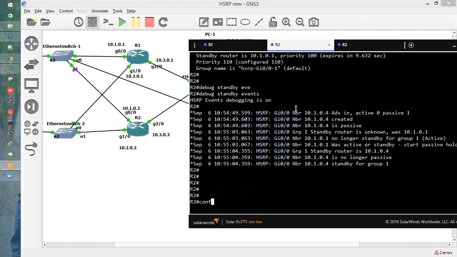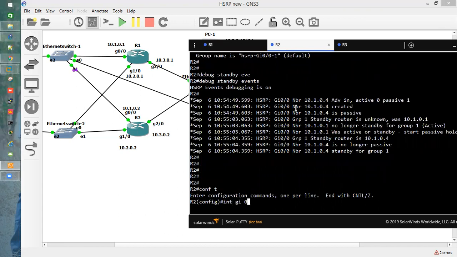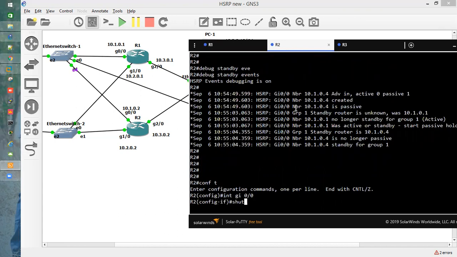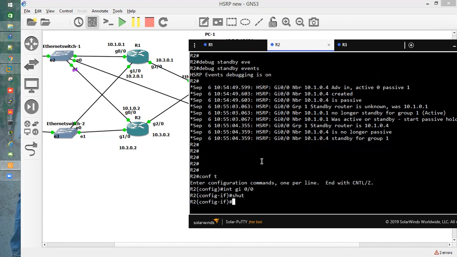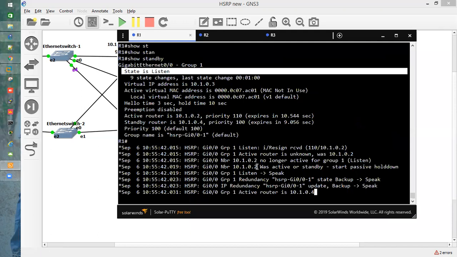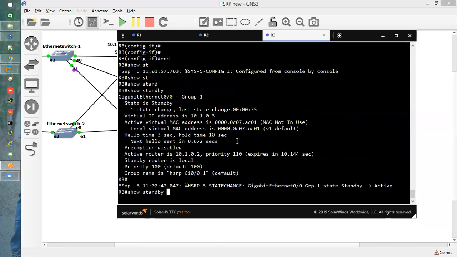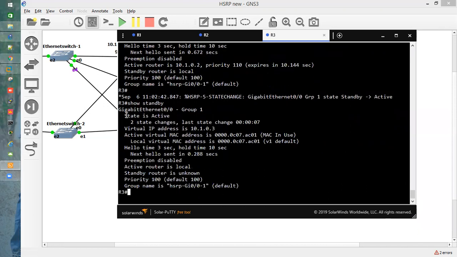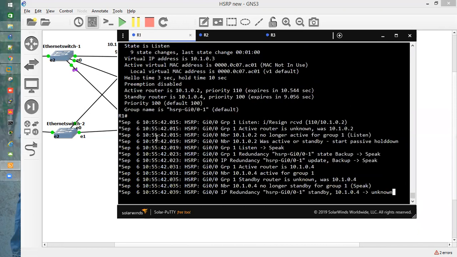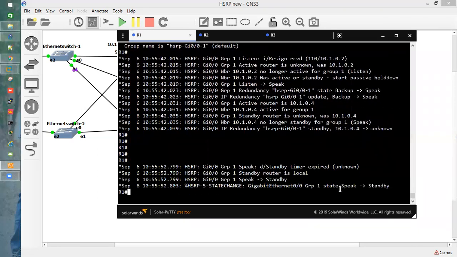So we'll verify what happens with R1 and R3.